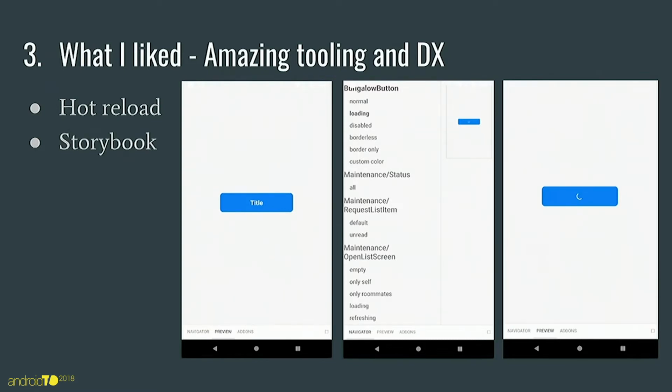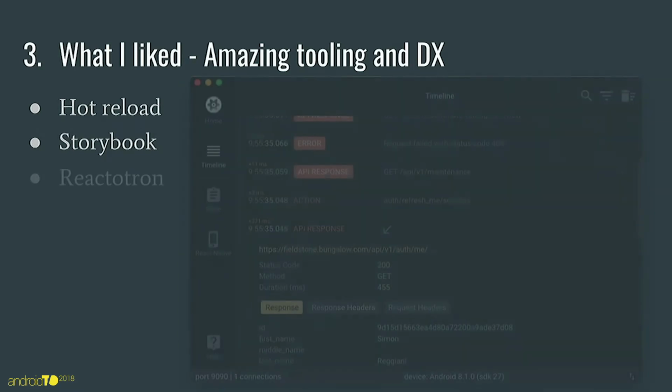You have a button that can have a title, but it can also have a loading state, a disabled state. And then in Storybook, you can list all your components like that with each attribute. And it's super easy to test, oh yeah, I'm missing a padding on the loading screen. You don't have to go in the app and make it load. It's an isolated way to test every component. So that's pretty cool.